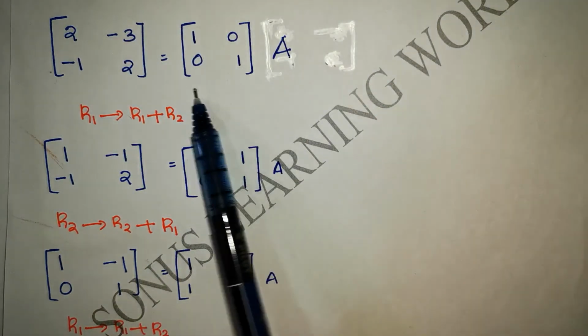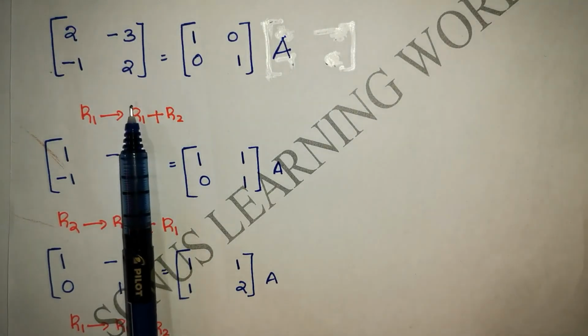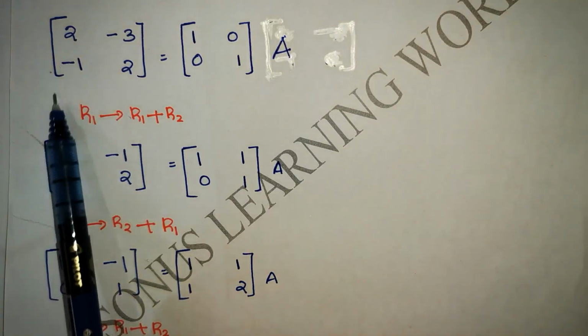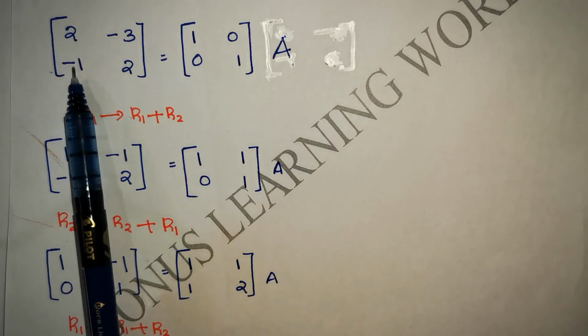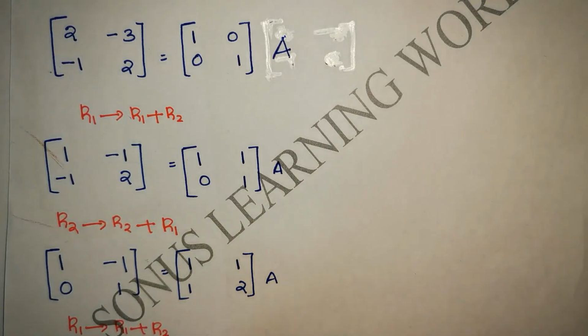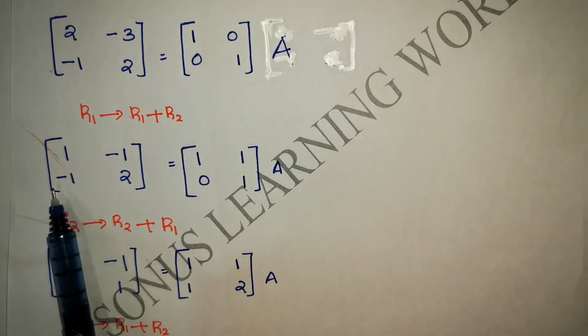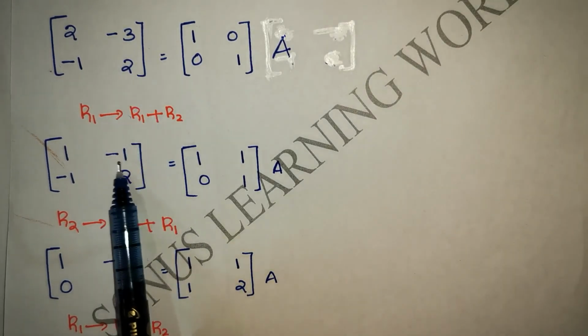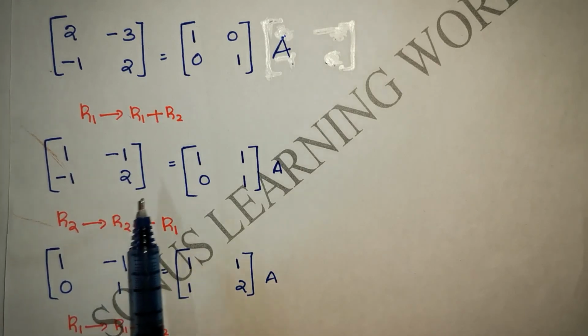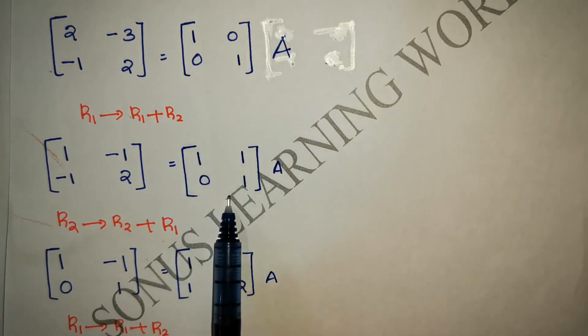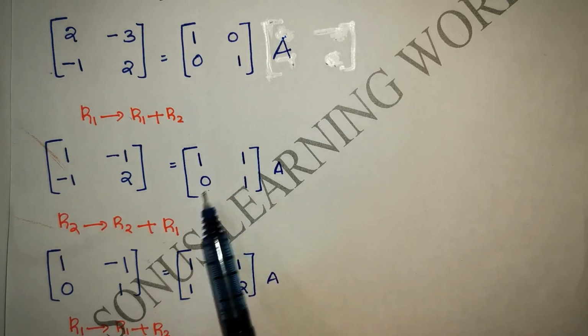I have to transform this matrix into identity matrix, right? So for that, I am doing R1 plus R2. So 2 minus 1, that will become 1. So R1 changes to R1 plus R2. Okay, so this matrix will become 1 minus 1, this plus this, that is minus 1, minus 1, 2, that is equal to, here also you have to do that. Okay, 1 plus 0, that is 1, 0 plus 1, that is 1, 0, 1 as it is.